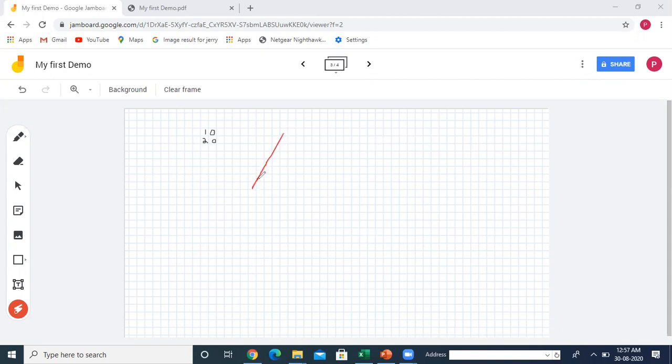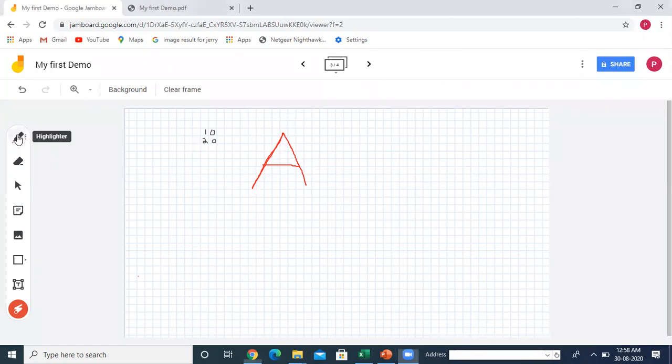I wrote this using the Zoom pen, and if I go to the next frame, now I am going to close it.